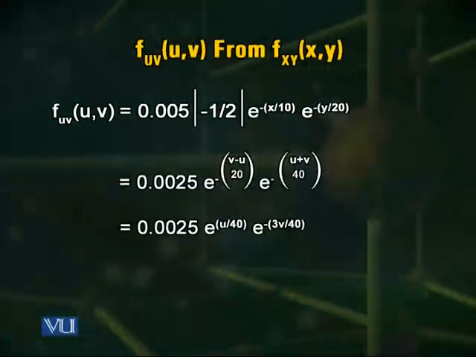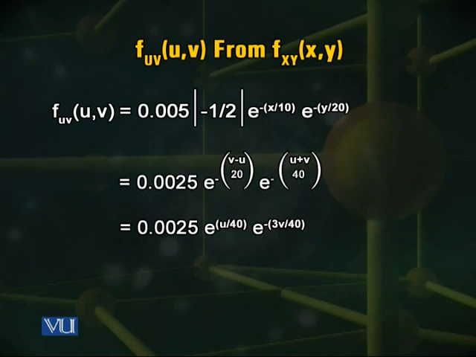So if you want to find the joint PDF of u and v, then it is related to the joint PDF of x and y multiplied by this Jacobian, actually the magnitude of the Jacobian, which is simply half. But in the joint PDF of x and y, x will be replaced with (v minus u) by 2 and y will be replaced with (v plus u) divided by 2. You can see on your screen that after this replacement, you get an expression of the joint PDF of u and v, which is